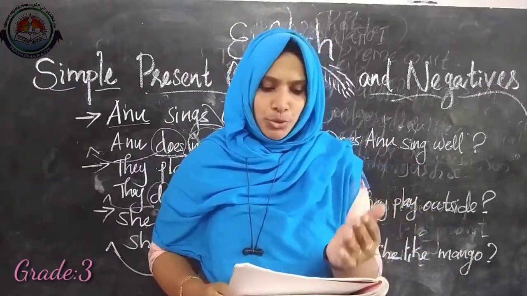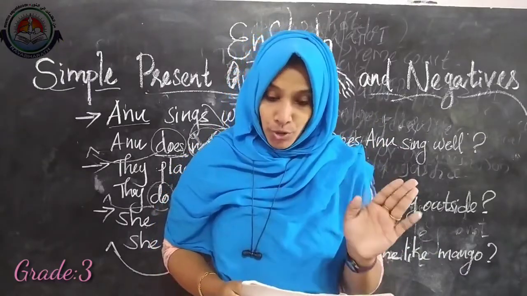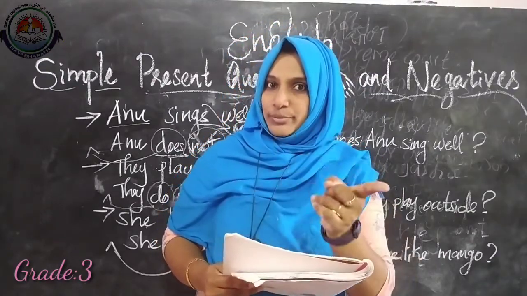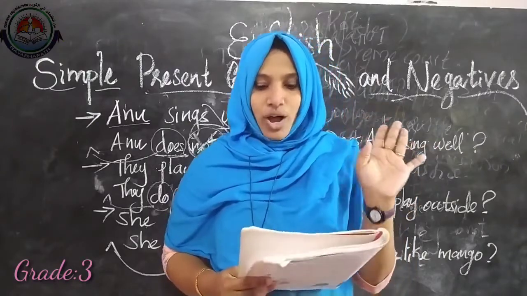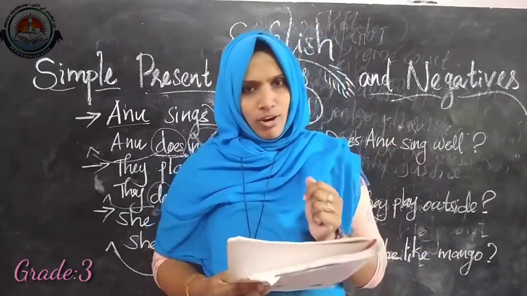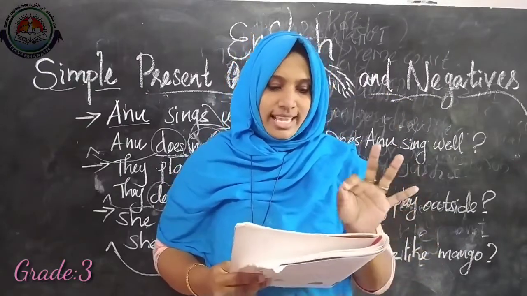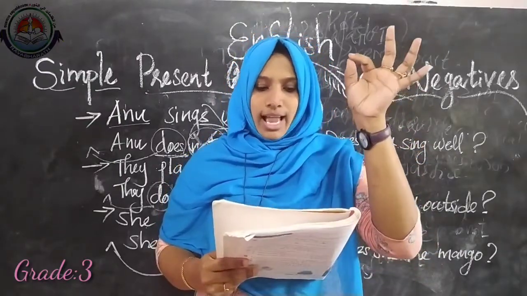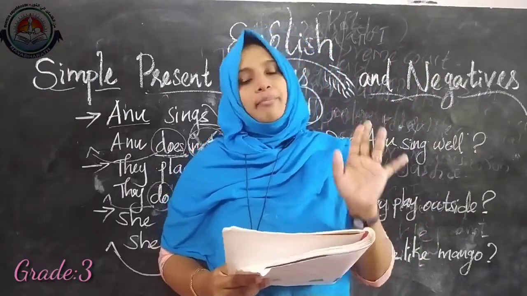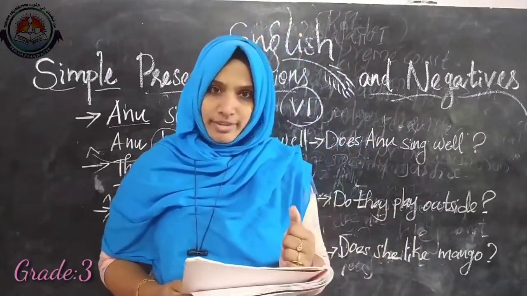Then see, do you and your friends like shopping? The answer will be: no, my friend and I don't. You and I, these words always use don't. So, I don't like shopping. Then D, does your pet eat a lot? No, my pet doesn't eat a lot. Then E, do you see your aunts and uncles often? No, I don't see my aunts and uncles often. Likewise, you can make this negative answer.